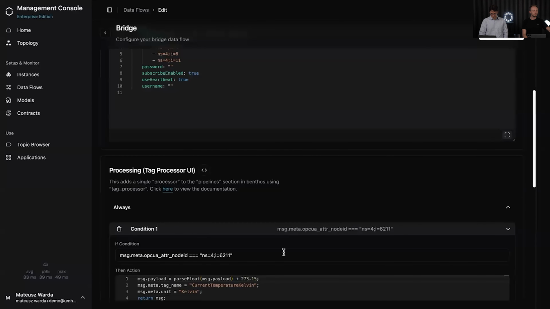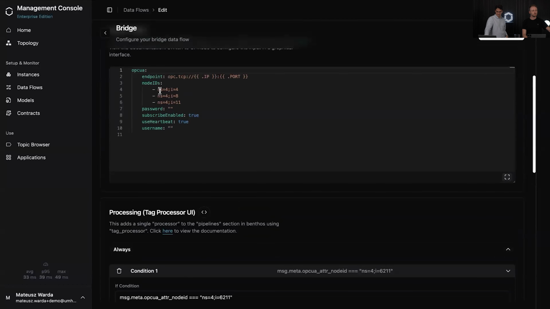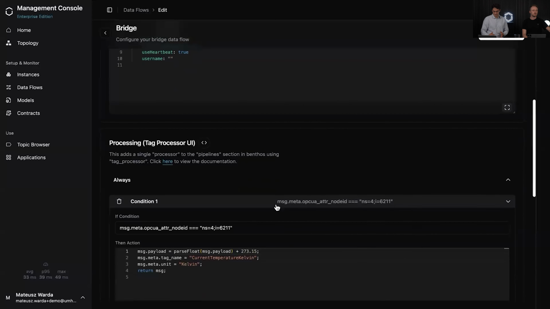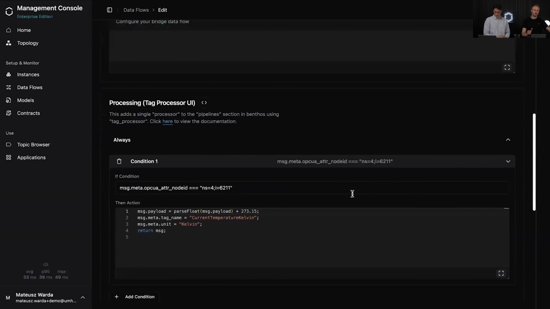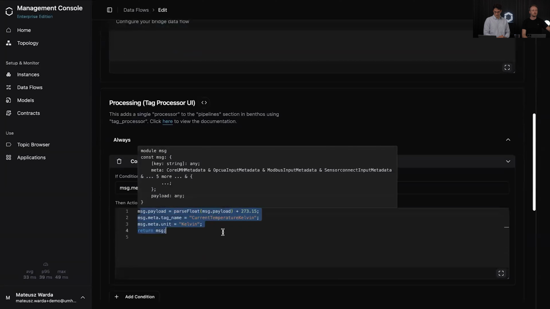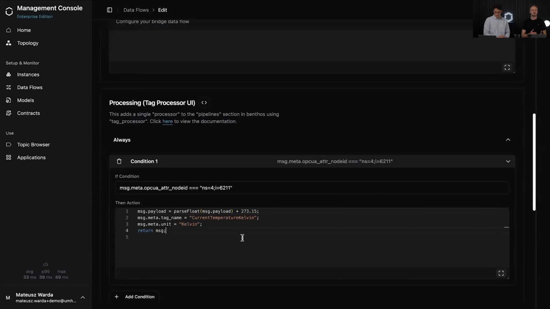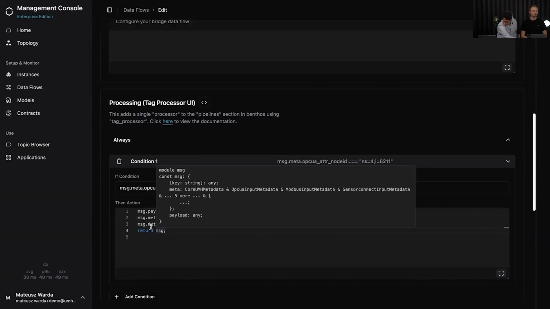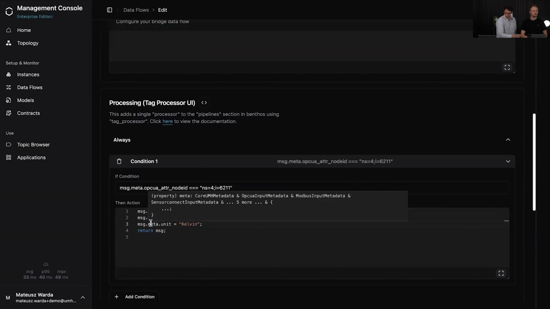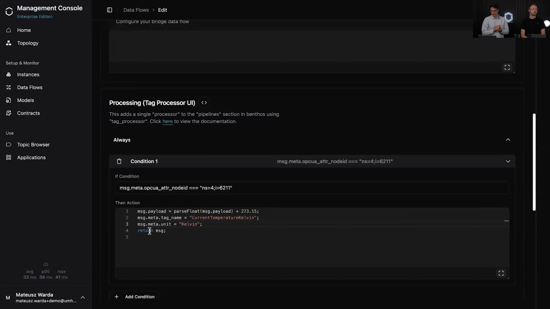So this is going to happen pretty much over here. You see I'm subscribing here to 3 different node IDs. I can, as an example, reference some of the node IDs, and if the condition is met, so the node ID is matching, please do this specific operation. And here you see that we're moving from Celsius to Kelvin. It could be also the other way around. The careful looker also already saw we added some more features to the Monaco code editor, which on hover gives you more information, autocompletes, etc., which will also be improving in the future.